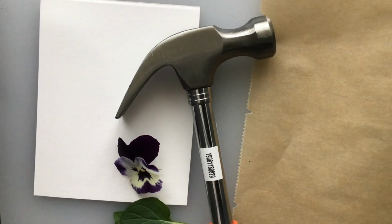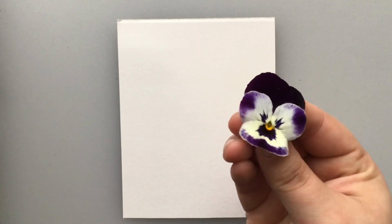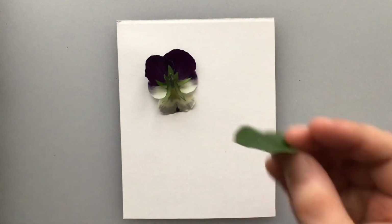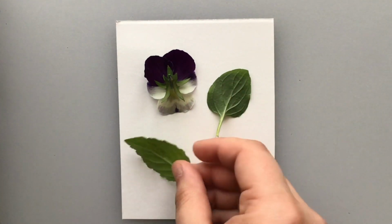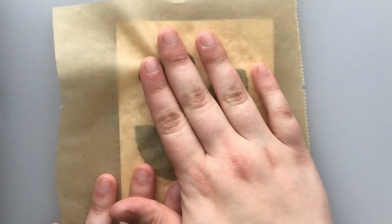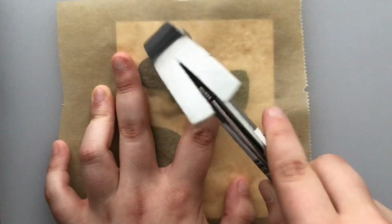I haven't tried this with leaves yet, so we'll see how that goes, but at least a flower you will need. So we're starting with this normal white card, just like a postcard base, and then we'll take our flower. I've chosen a violet, but you can choose any kind of flower you want, but it needs to be of some kind of colour, it can't be white. And then we'll put these leaves here as well, so you put them where you'd want them to be on the card, and then you will place your baking paper on top, and then you take your hammer and very